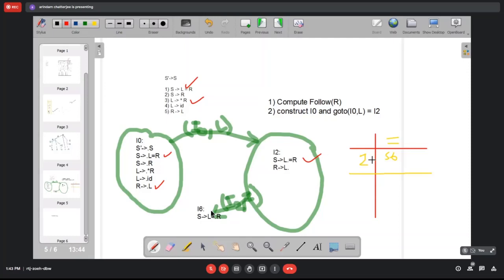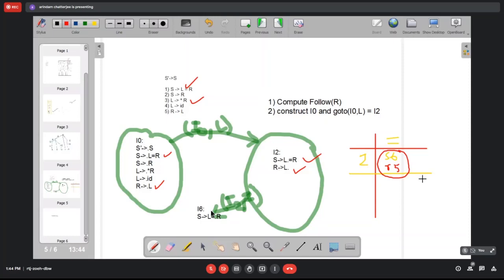But at the same time, you can see that there is a dot at the end of one of the items, R producing L dot. That means for all the symbols in follow of R, you should have the corresponding reduction rule. This reduction rule, R producing L, is rule number 5. So for equal to, which is in follow of R, you should have R5 as well.